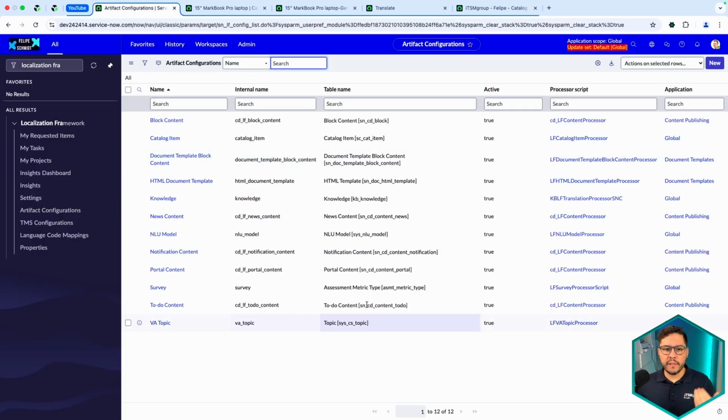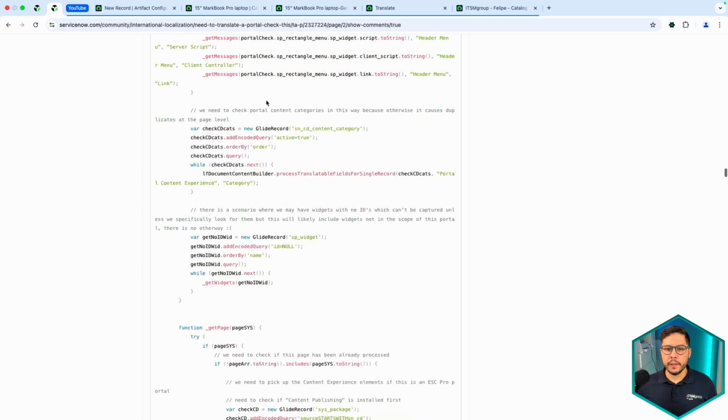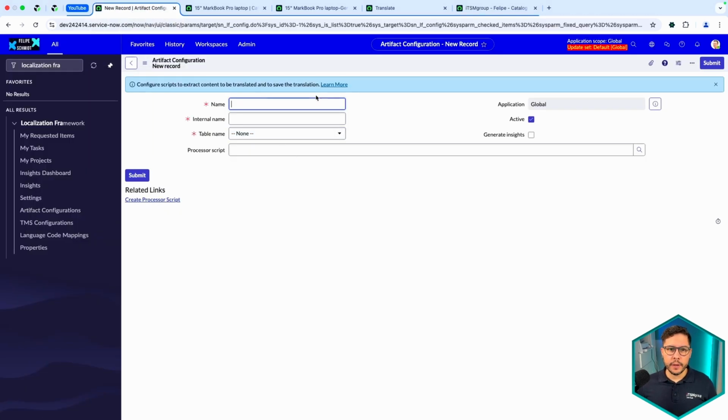So the artifact is not available in ServiceNow. So now what we are going to do is create this specific artifact. Here, if you click on new, we are going to create our artifact. I have already prepared it and copied this script include in here. This is all I have done, together with the UI action creation, the request translations. But I'm going to show you in any case so that you don't miss any step. So in here, for example, we are going to create ITSM group as an example and portal artifact, missing a T.